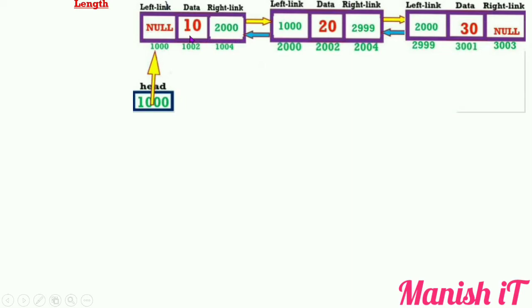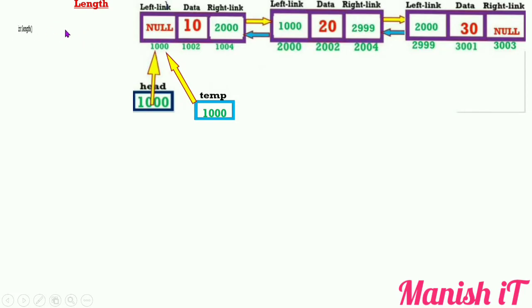Now I am going to discuss the length function and how it works. Suppose we have nodes like this, and I want to count how many nodes there are. How do we write the logic? We need one pointer type variable. Suppose the variable name is temp, and it stores the base address of this node. After storing the base address, it starts pointing to this. Now we have to write our logic.